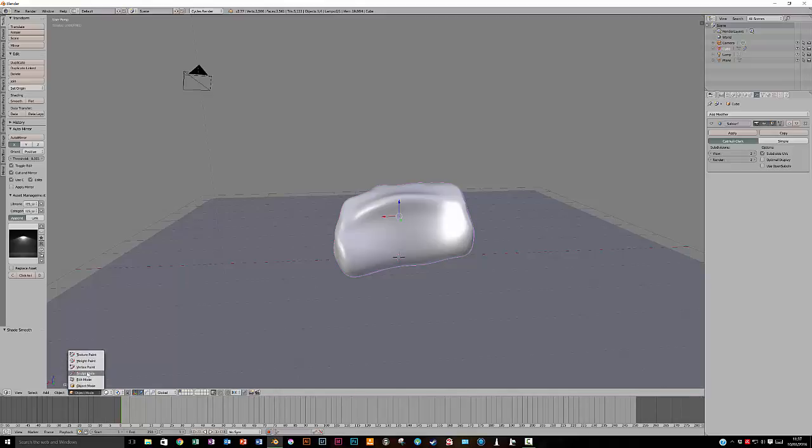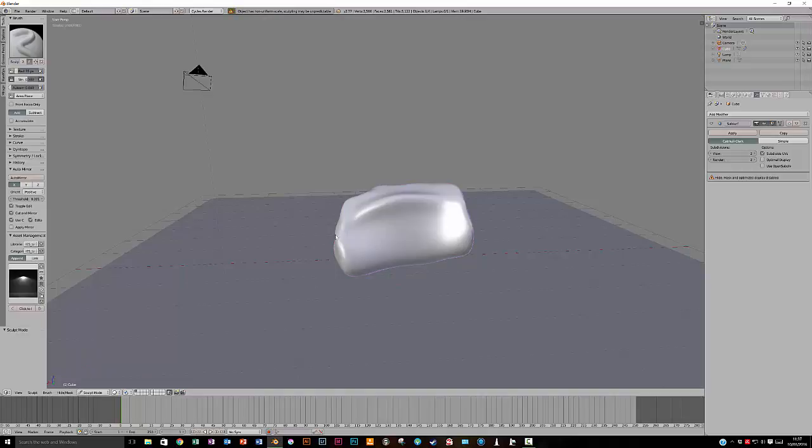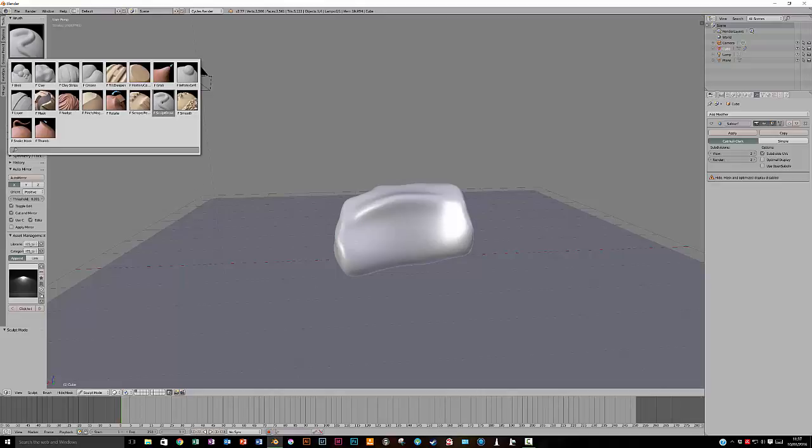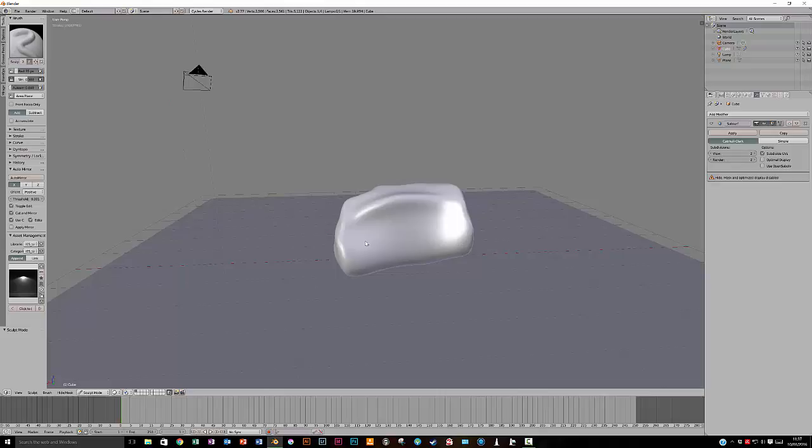But if I go into sculpt mode, the sort of rock I'm interested in is more like gritstone, which tends to come in layers. Stratified rock, I think it's called. So I'm going to use this sculpt draw brush, and with it I can simply draw